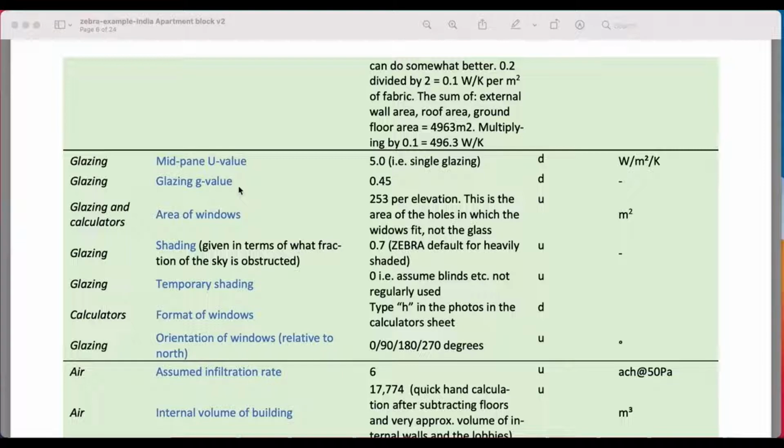And if it's not glass, it can't let light in. Other issues are things like shading from surrounding buildings and hills and trees. And that means that the number of hours in the day that the facade is actually exposed to direct daylight, sunlight, could be half of what you think it is if the building was sitting there on an infinite flat plane.